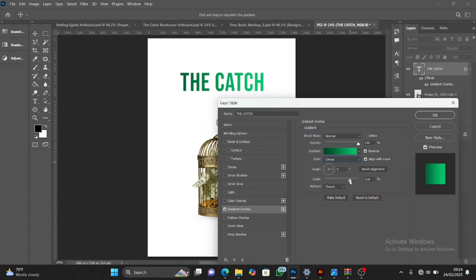Then you see this scale. Just in case yours is showing something like this, like a line here, that means your scale is not large enough. So I use something within 100 to 130, however the case may be. Then say okay, you should have it